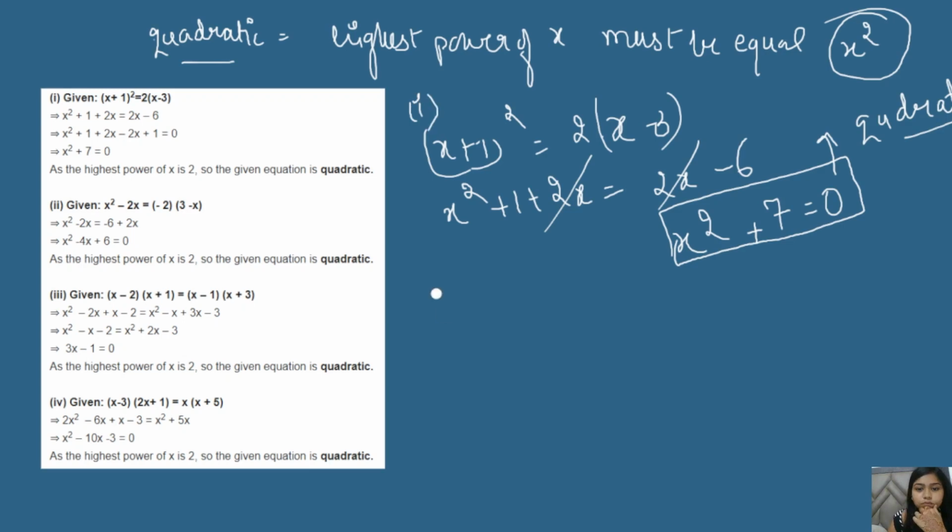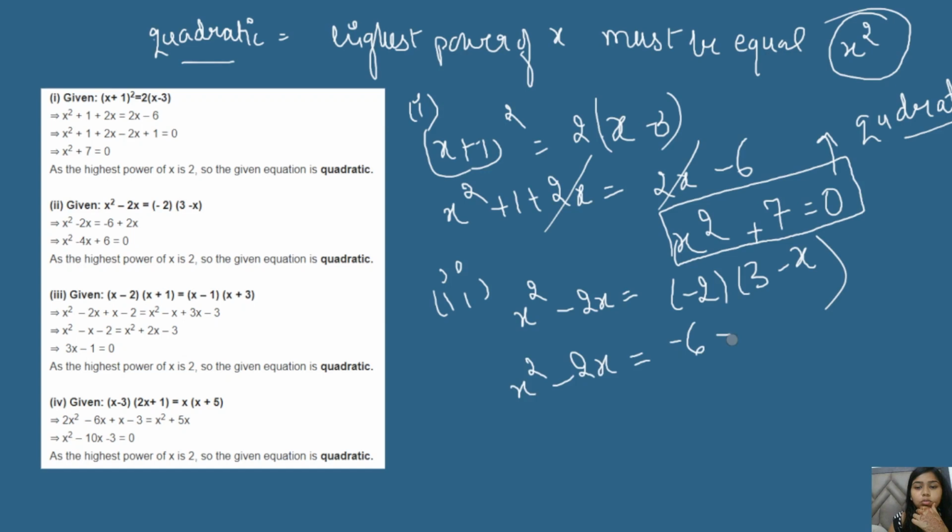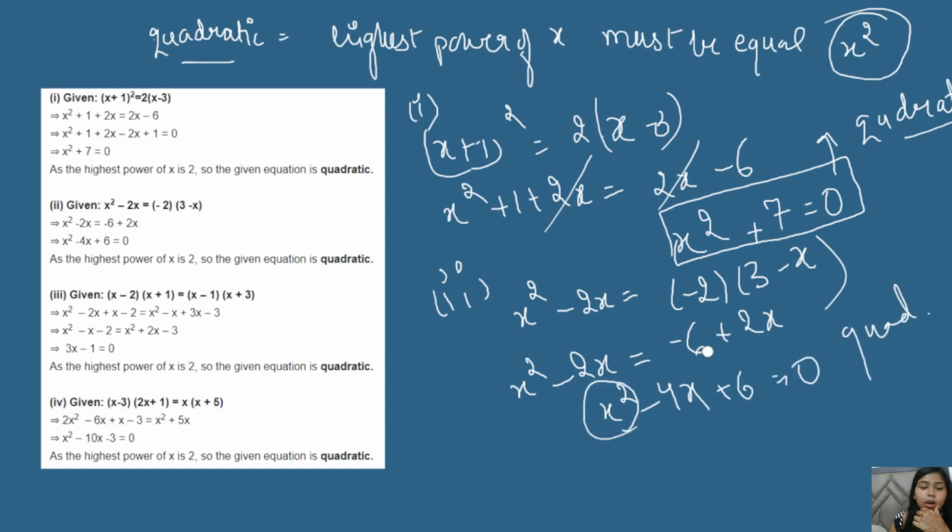Mathematics is something that you can't do with cramming. Always have to apply the formulas, always have to think before you solve the problems. So the equation you will be getting is x square minus 5x plus 6, and yes, it is also a quadratic because x square is the highest power. Okay, so let's look at this one.